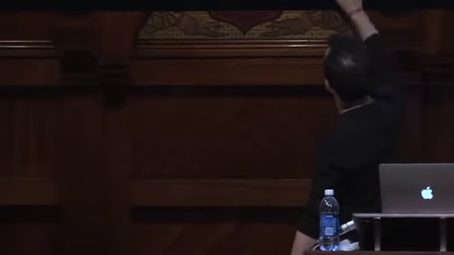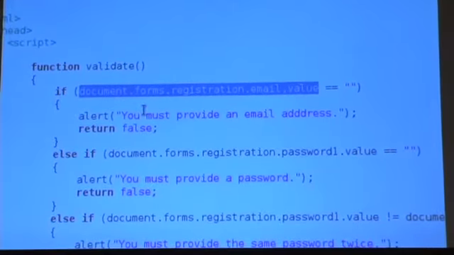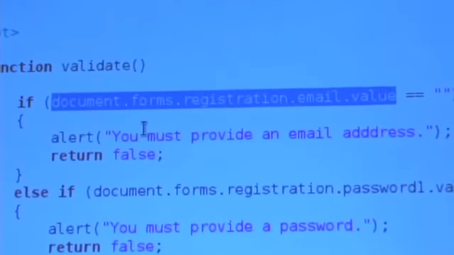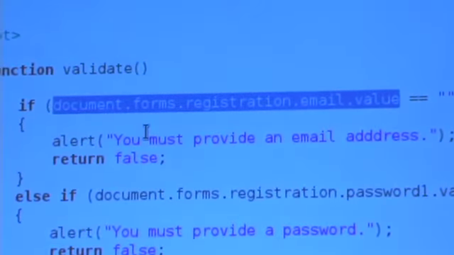Now, for now, you can just simplify this. Inside of the document object is another object called forms. And this forms object is just an object containing any of the HTML forms that are in this web page. There might be 0, there might be 1. In this case, there's 1. And if you then go .registration, this means give me the form whose name is registration in this particular web page. And then you can kind of continue the logic fairly intuitively. .email means get me the email field in that form called registration in this web page.